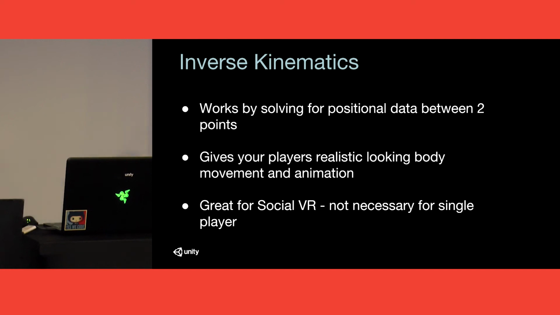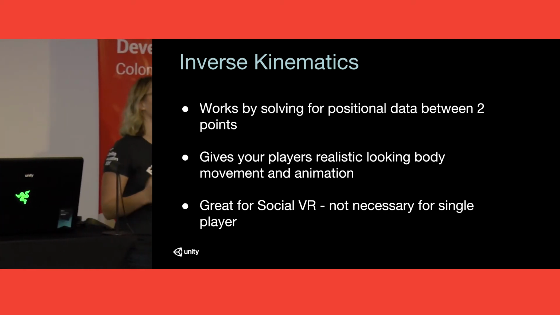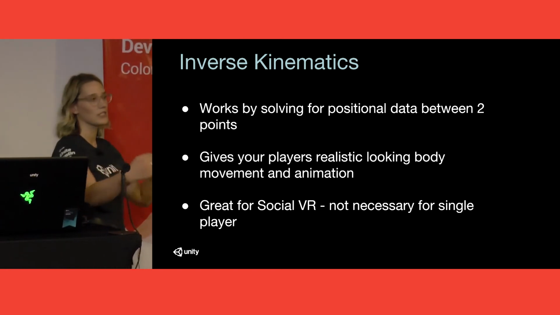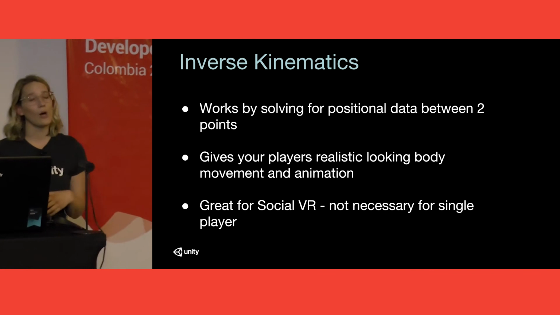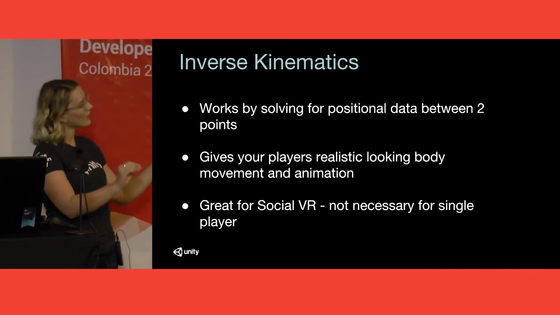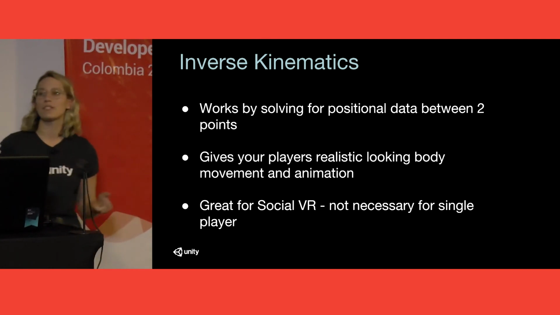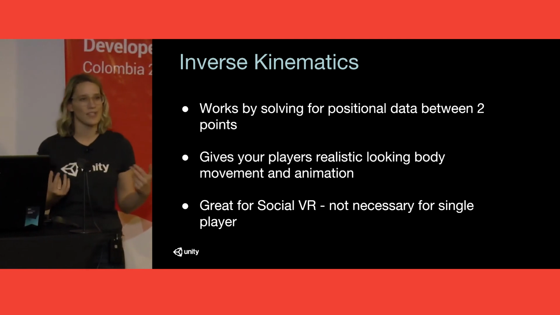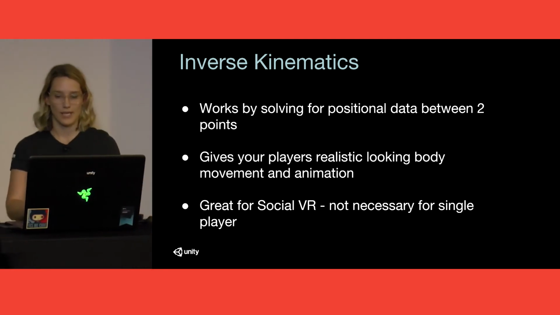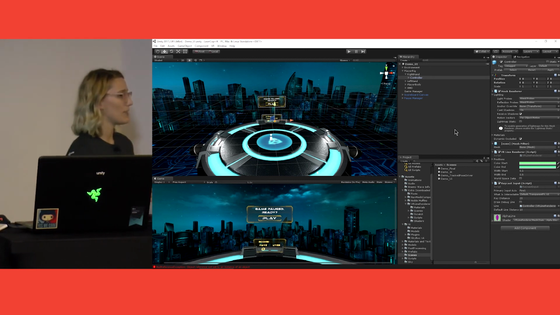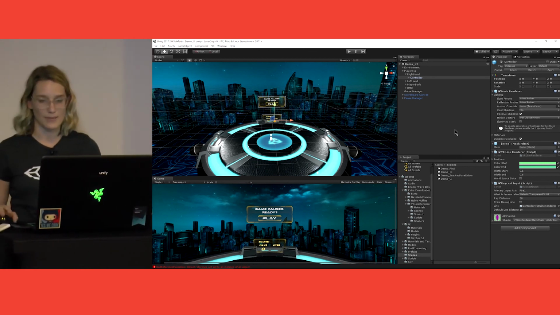If you're going to have experiences where there are multiple people in there, it gives the player a lot more presence when they can look at their friend in VR and actually see their body moving around. It's not always necessary for single player, because in single player VR experiences, you mostly care about your hands, but there might be a scenario where your player is looking in a mirror and dressing up their avatar or something like that, and you want to be using inverse kinematics there. You can use inverse kinematics built into Unity by using Mecanim and actually scripting the inverse kinematics method.